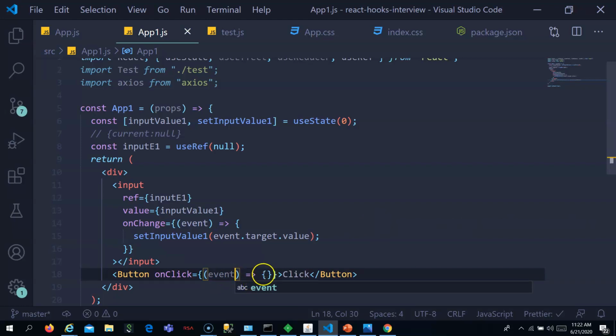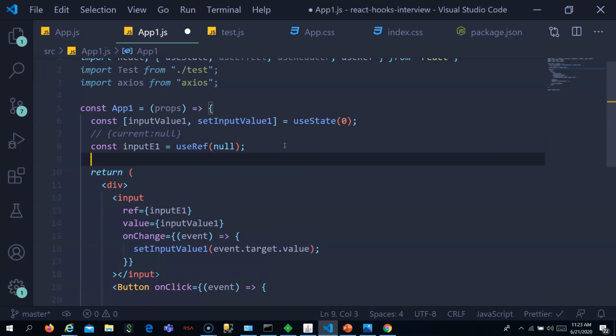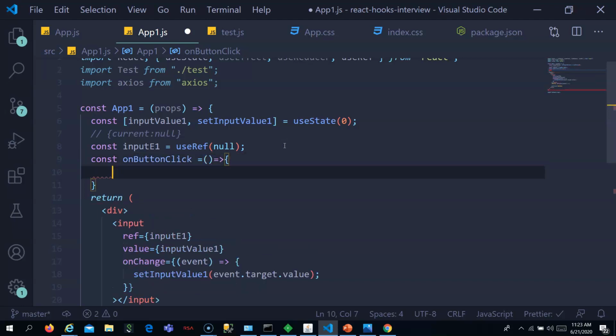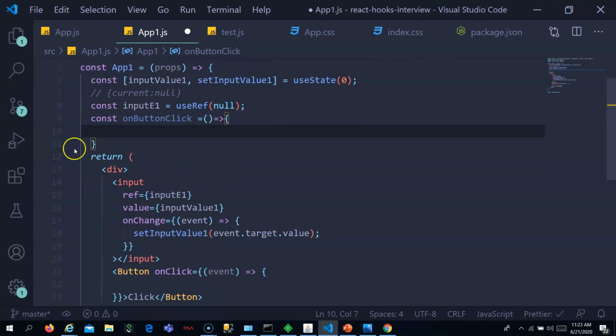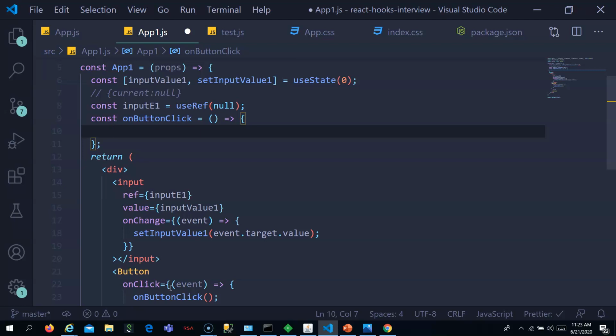Let me have a function here which gets called on click of it, onButtonClick. Inside onButtonClick, let's see the inputEl.